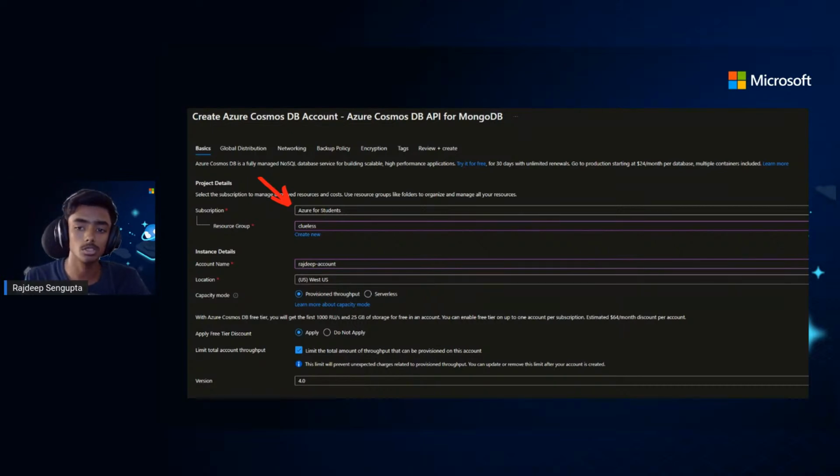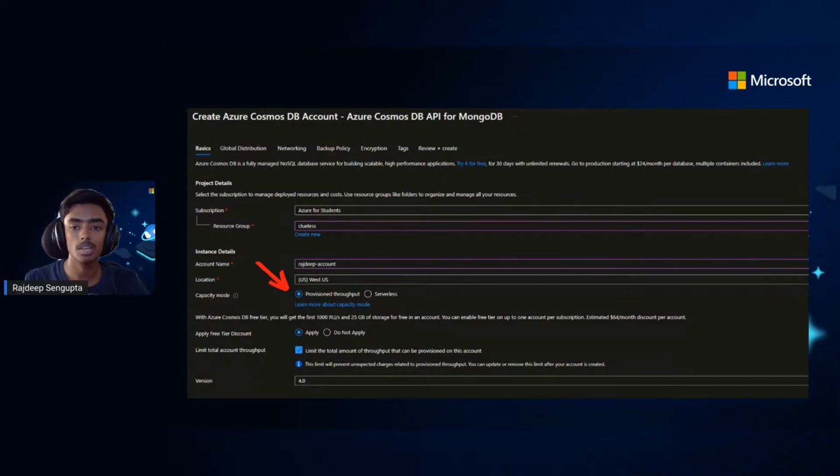For now, I'm not going to explain what a resource group is, but if you are trying Azure for the first time, most probably you will not have a previous resource group. So you can create a new resource group. Now for the account name, you can choose any. There are some limitations. You cannot use capital letters, or there are some basic limitations. You can just keep that in mind, and you can choose anything for the account name. Now for the location, you can choose any Azure location, but try to have a database near to your users.